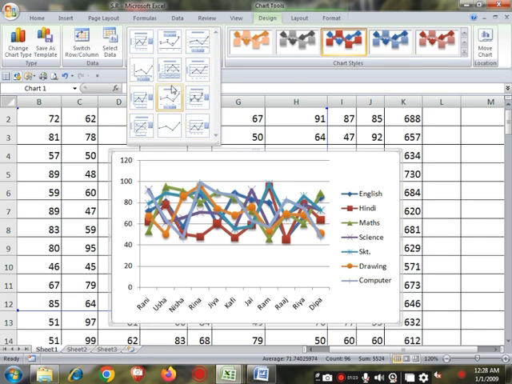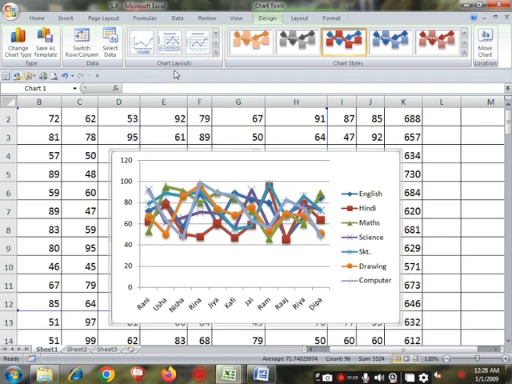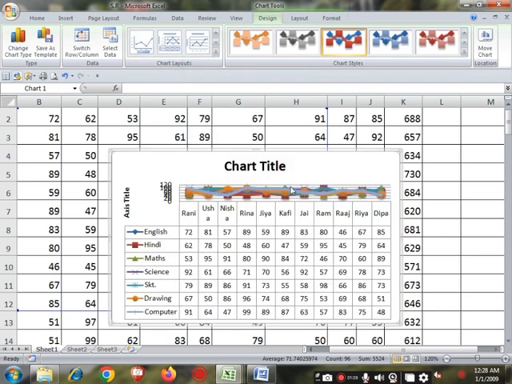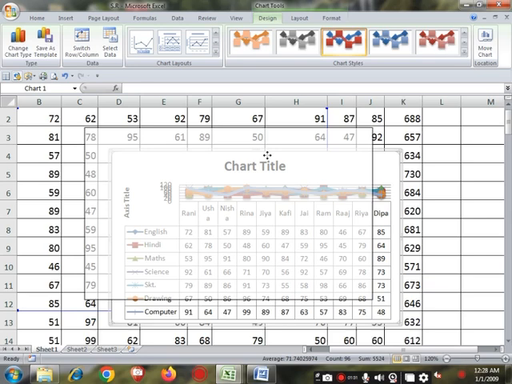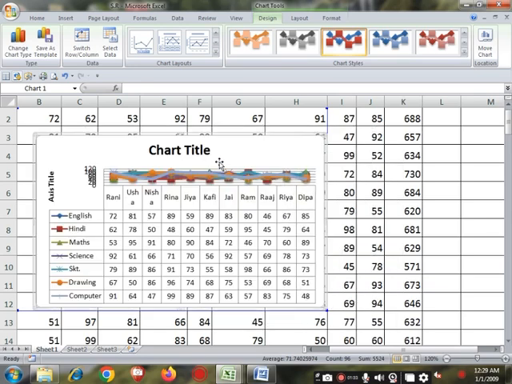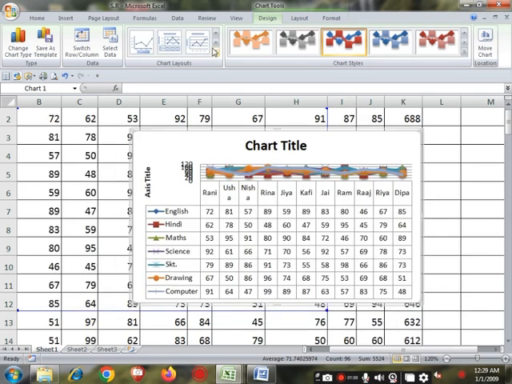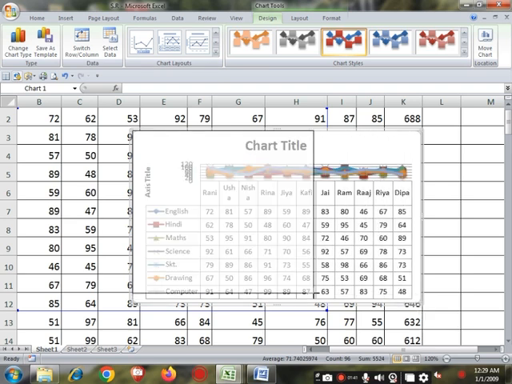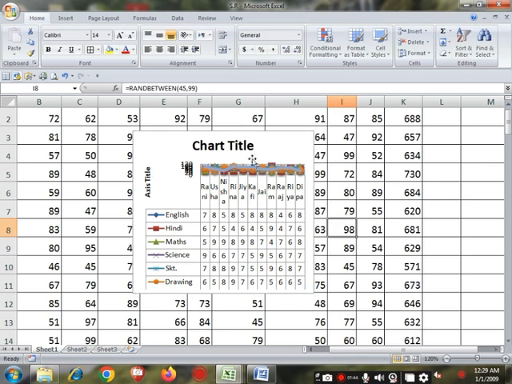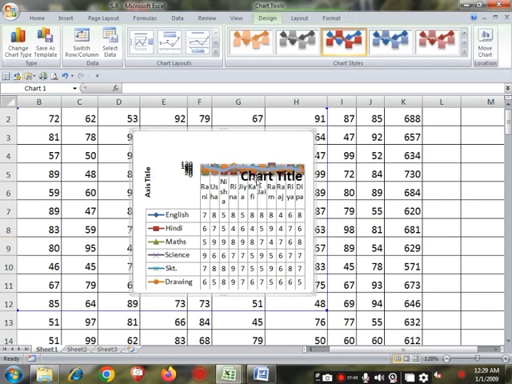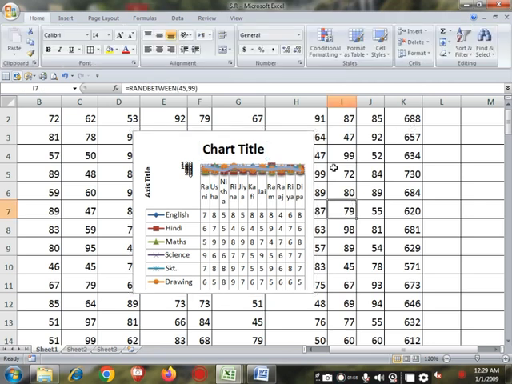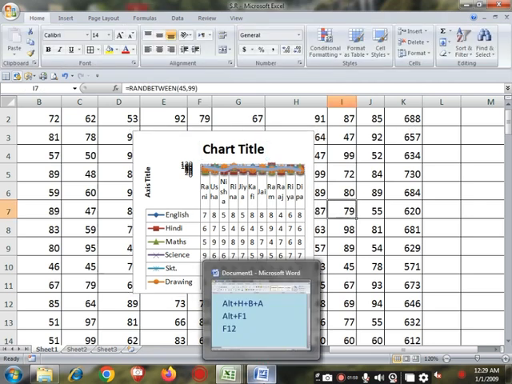We can choose any layout, like I have chosen this, and you will notice the layout of the chart has totally changed. We can move our chart here and there according to our requirement, and we also can change its size, small or big. It's totally dependent on our choice and the design of our workbook. We also can change the chart title and place, and we will discuss this in the Insert menu. Now we have discussed a simple shortcut of it.